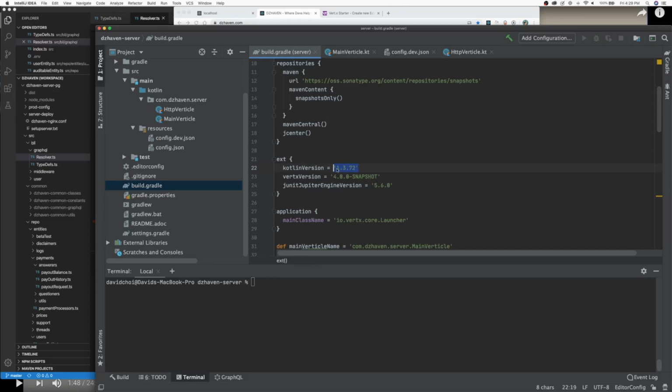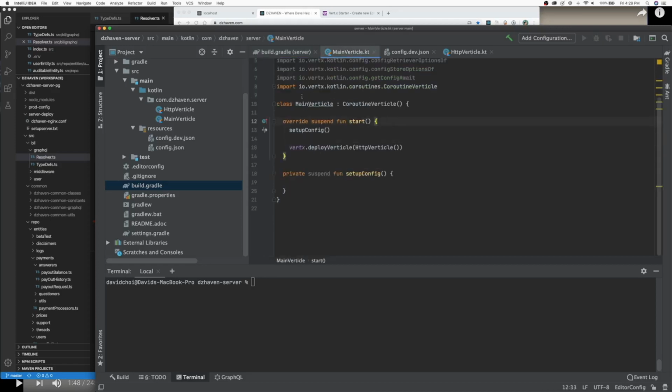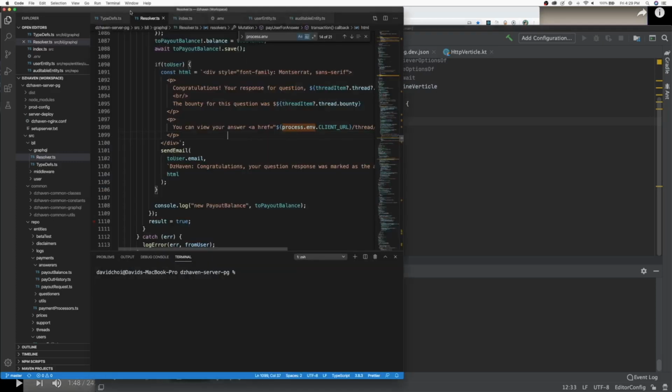You want to be on a newer version of Kotlin. And again, it's going to take us a few months to build out this app, so I'm not in any hurry. So the first thing that I need on this server is I need a way to